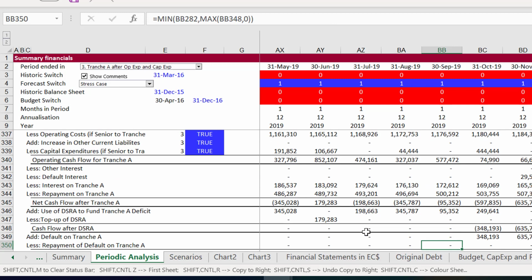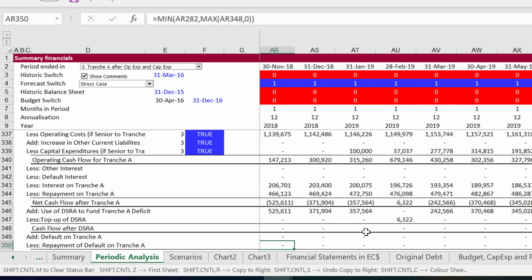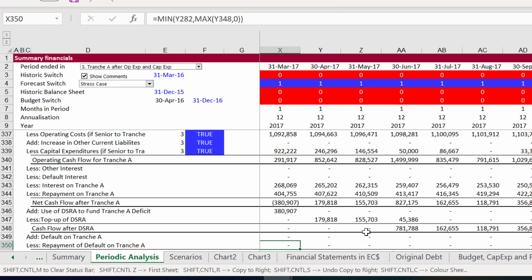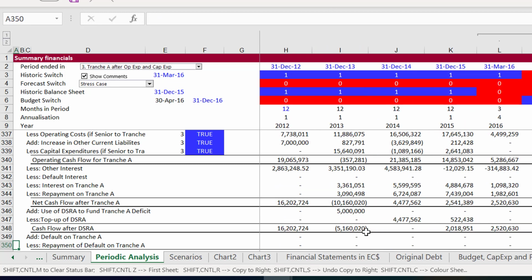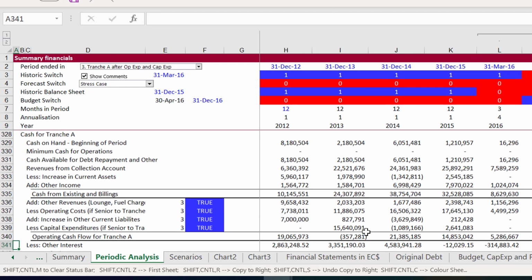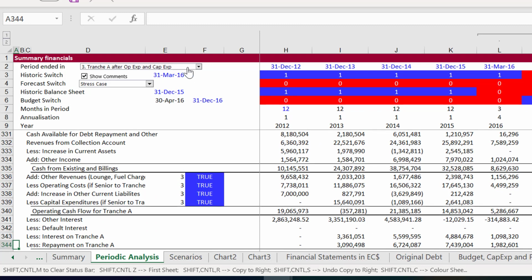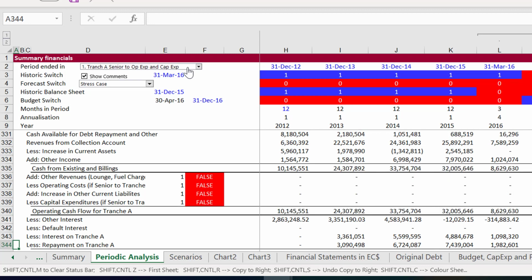The big deal about this is that, let's change this around. This is my realistic case, but if we really read the debt agreement, it says you're supposed to pay off this debt before you pay any of your employees.